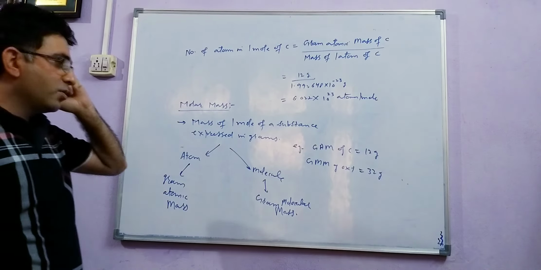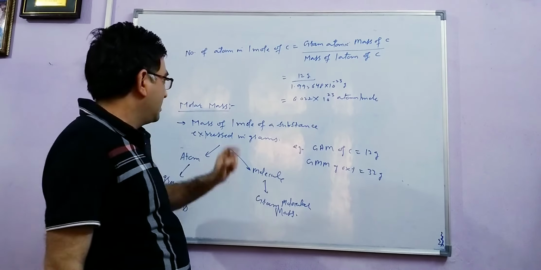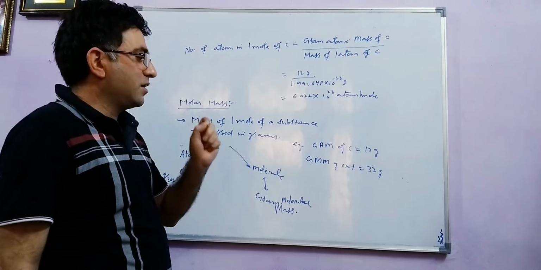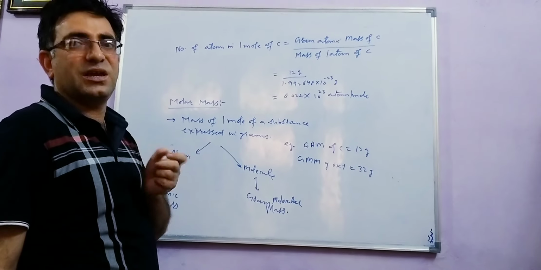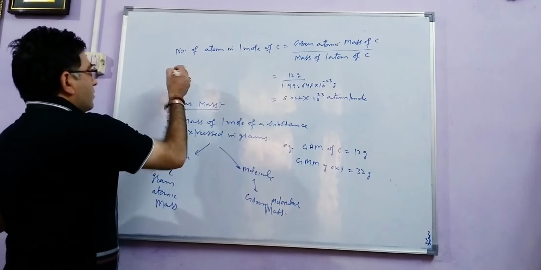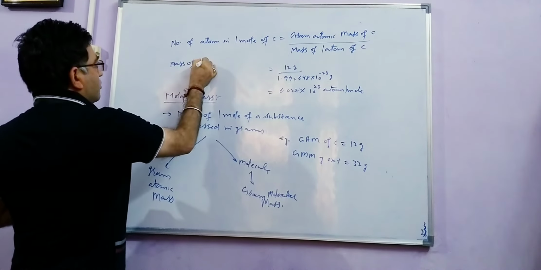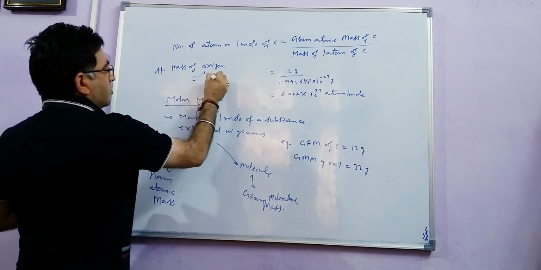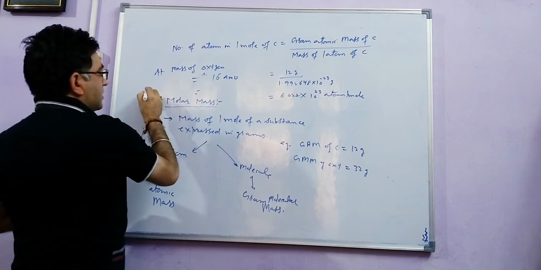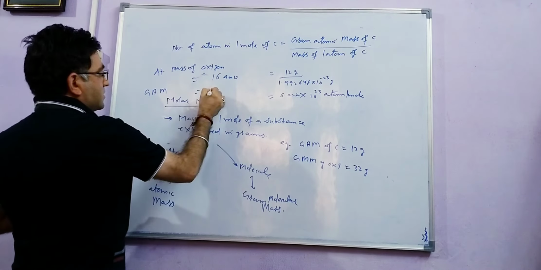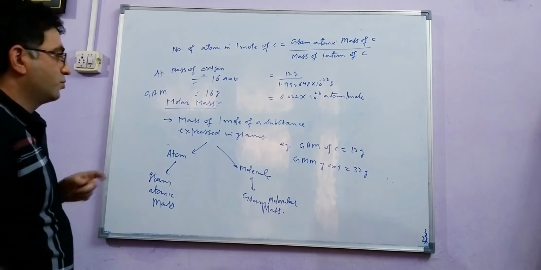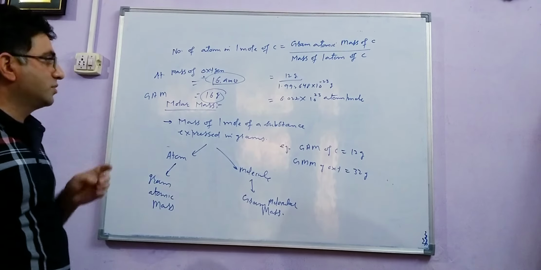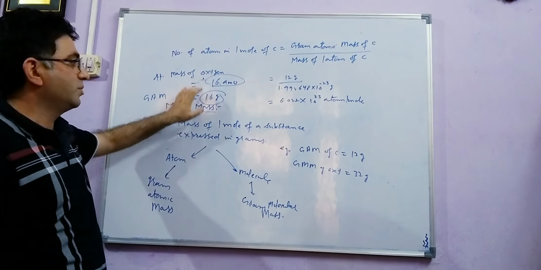Now, we are going to discuss here the value of mass in AMU and in grams comes out to be same. Now, how one can prove mass in AMU and mass in grams have the same values? For example, we know atomic mass of oxygen equal to 16 AMU, and in terms of grams, its gram atomic mass is 16 grams. How can we prove this? The atomic mass of oxygen and gram atomic mass comes out to be same.